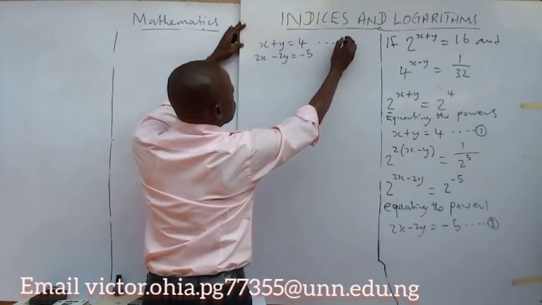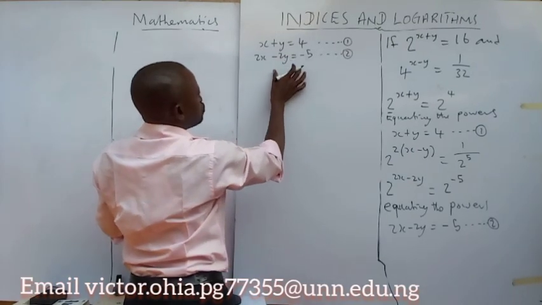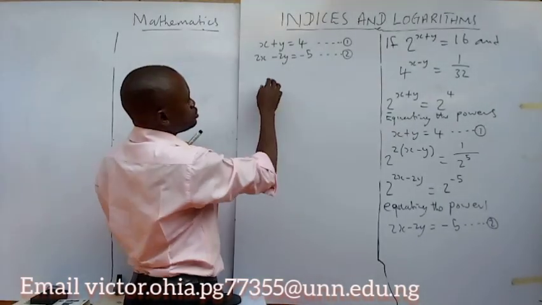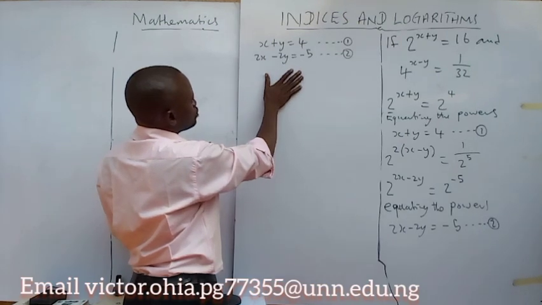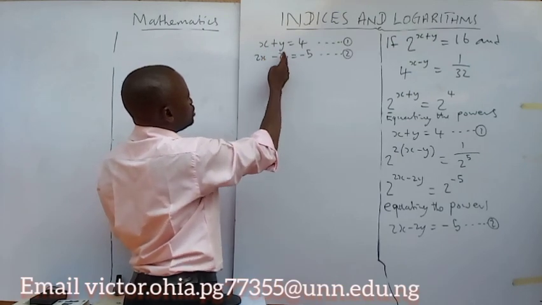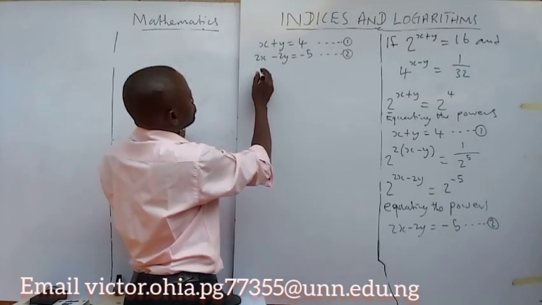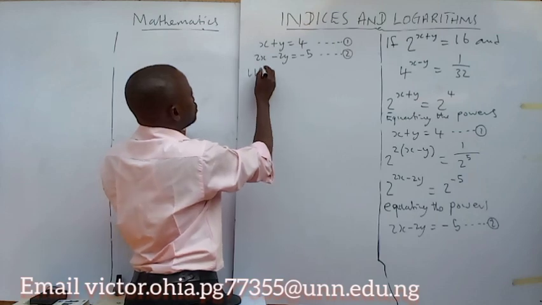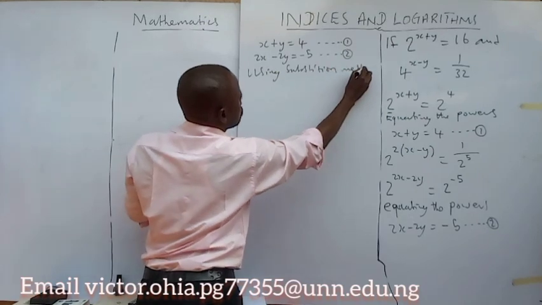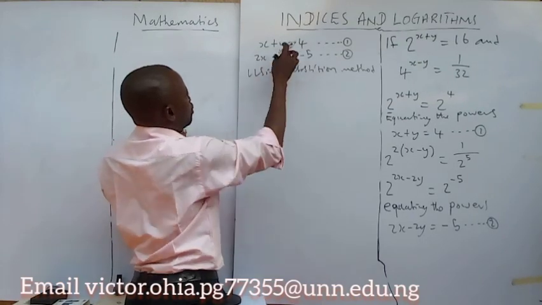So you realize that here I can solve these two equations simultaneously. I'm sure that is very, very clear. Now, in trying to resolve these two equations simultaneously, we might try to eliminate either x or y. Whatever we want to do, possibly I can use the substitution method. I can use the elimination method as well, but I'm seeing that from equation 1,